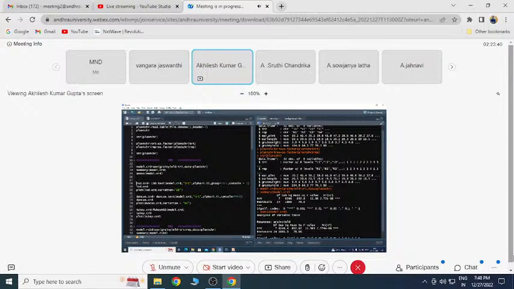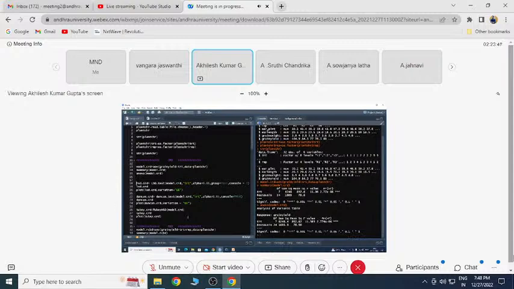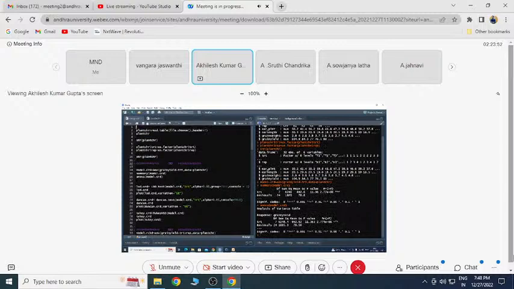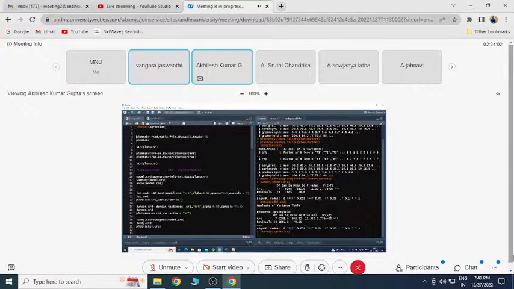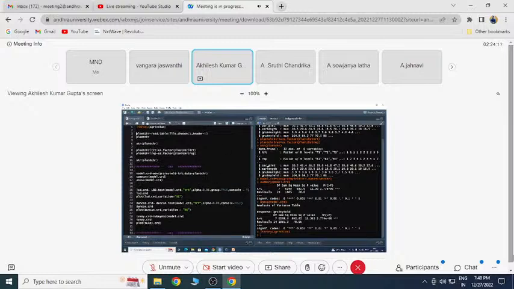Now the main thing is how you will do multiple comparison. For that, one more thing I need to tell. For any type of design analysis, ANOVA analysis, this agricolae package is very important. Library agricolae. This package is very important. First you load this package, install this package, then only you go for any type of design analysis, any type of ANOVA analysis. Otherwise you cannot do anything.